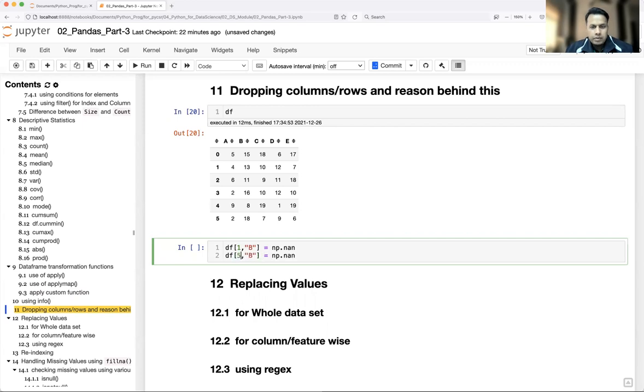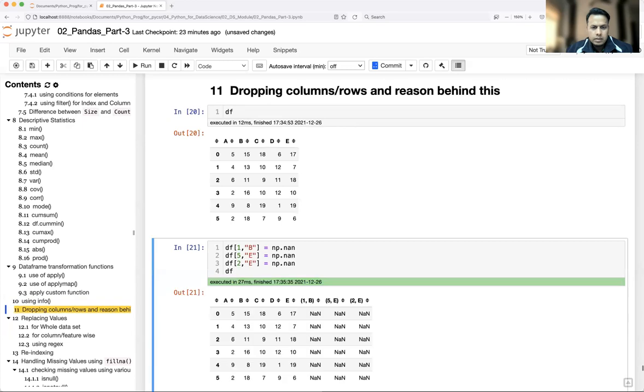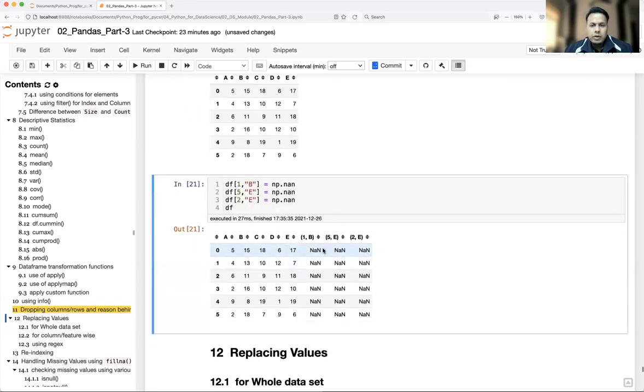Row 5 and column E, np.nan. Let's have one more, maybe row 2.